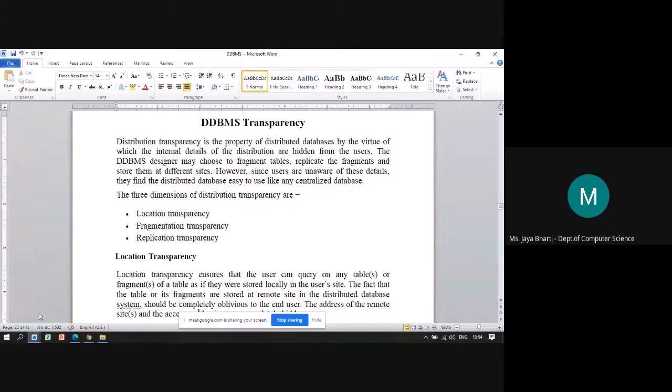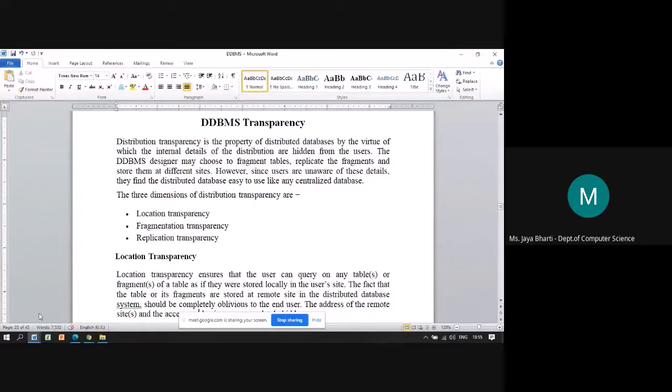The user will feel as if the data has come from the local site only, although you don't know the way data has come from the remote machine or from the remote site or from the global side. So basically the complexity of this structure is unknown to the user.